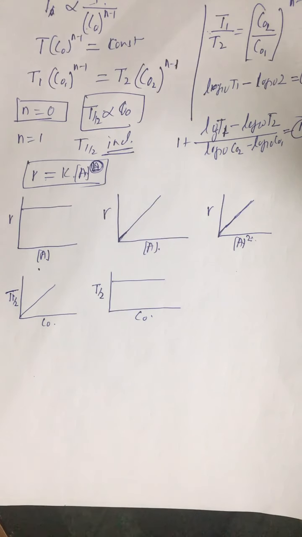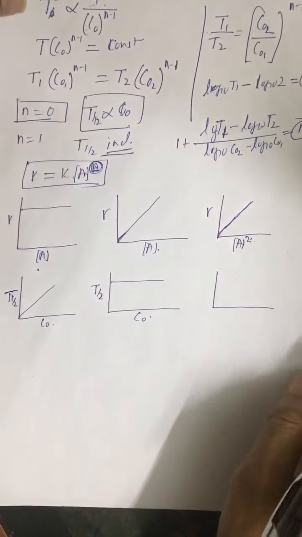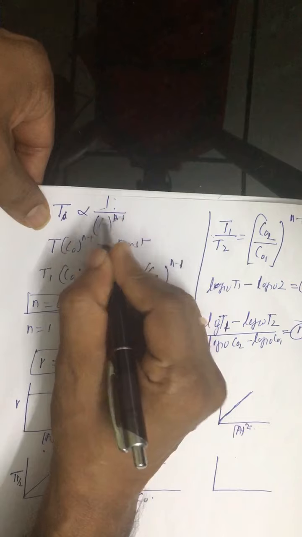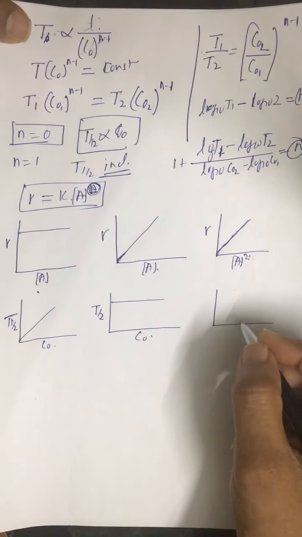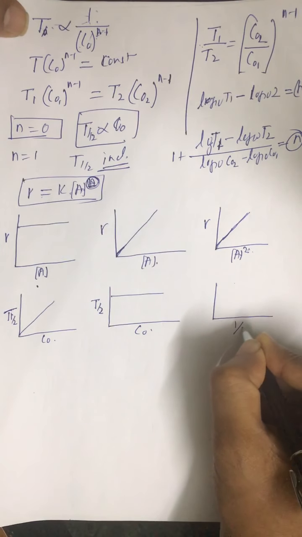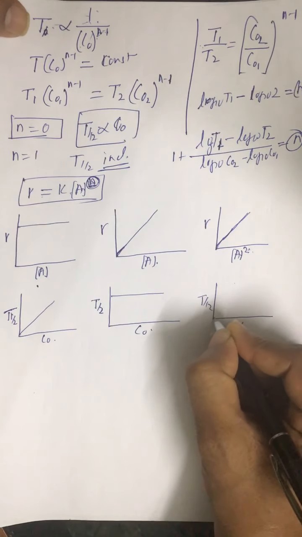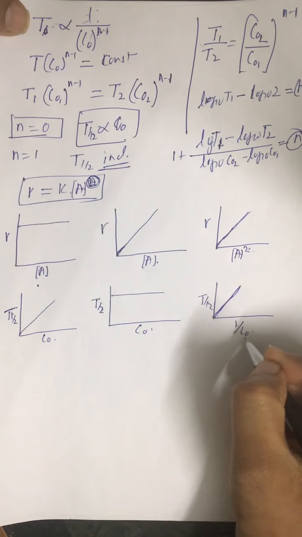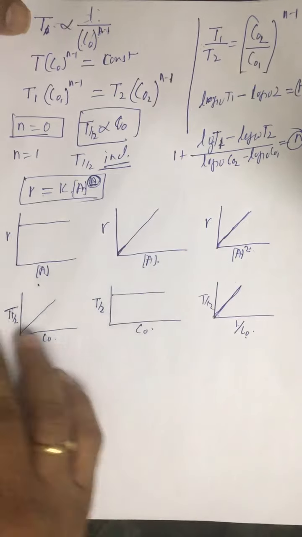Alright. And for second order reaction, you will use this relation, 2 minus 1 equal to 1, meaning T half is inversely proportional to C0. So you are not drawing a graph between T half and C0, rather you will be drawing a graph between T half and 1 upon C0, so you get a straight line. But if you draw a graph between T half and C0, you get a rectangular hyperbola kind of thing, like that.